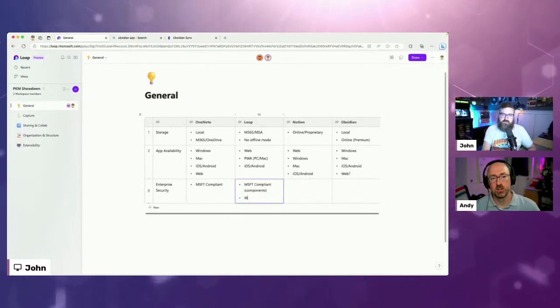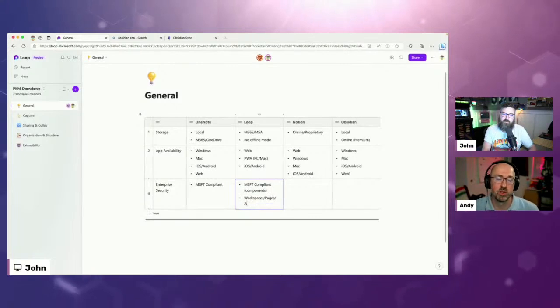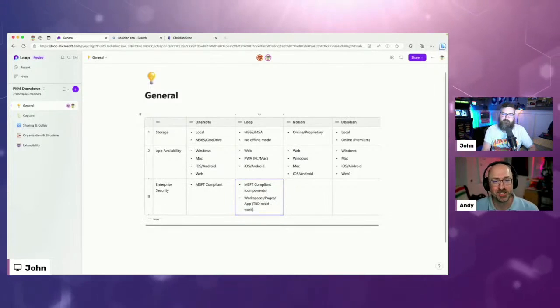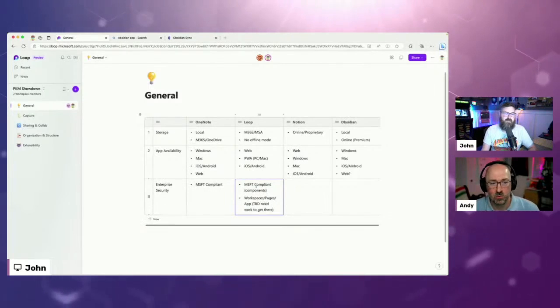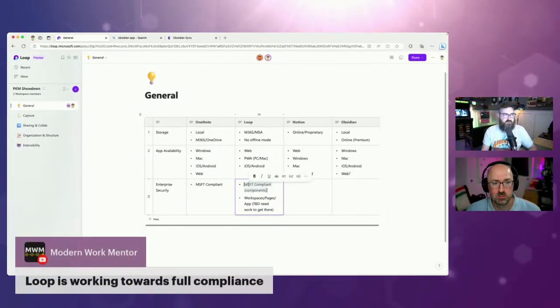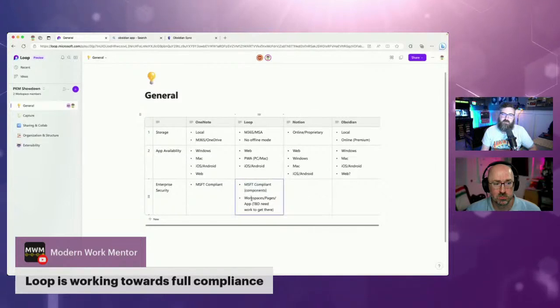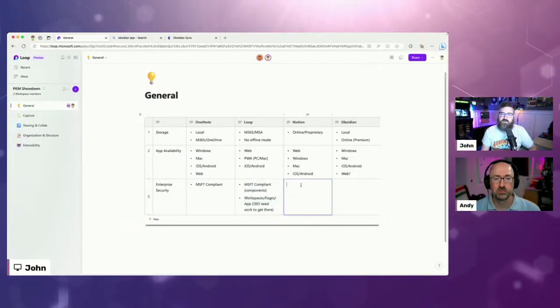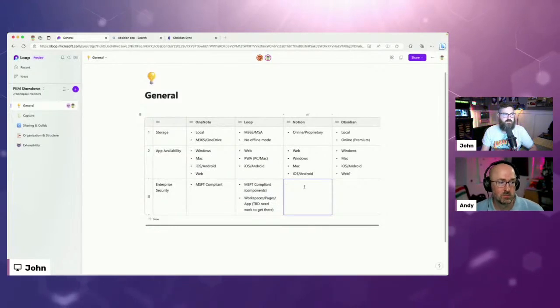Yeah. And I think Daryl will chime in in the comments. I'm going to volunteer him to fill some of the gaps there. To your point, though, the compliance story is working toward full compliance, as Daryl says. It needs work to get there. It's heading that way. But if you're using it inside of Teams and you're doing Loop components, totally, those are on your OneDrive, as normal. So maybe we'll hear a better plan sometime soon about workspaces getting more enterprise ready.